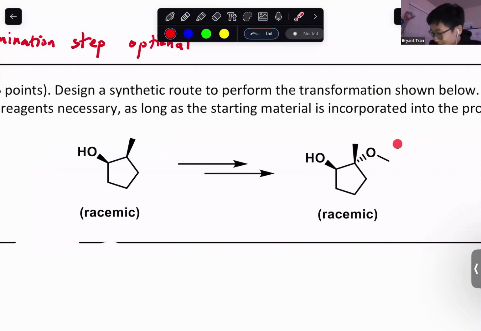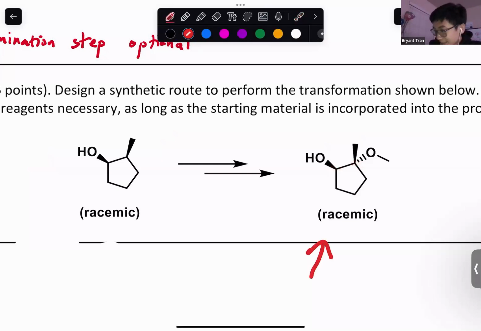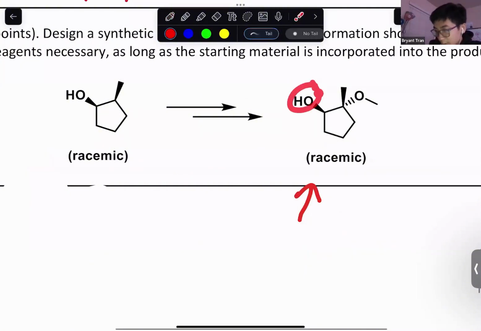Yes, we add OCH3, which is this OCH3 right here, and we have an alcohol right here. And where do you notice the OCH3 is at? Is that the more substituted or less substituted? If you compare these two carbons right here, more substituted or less substituted? More substituted, right? So if we go backwards here, and let's say that came from an epoxide, where this alcohol